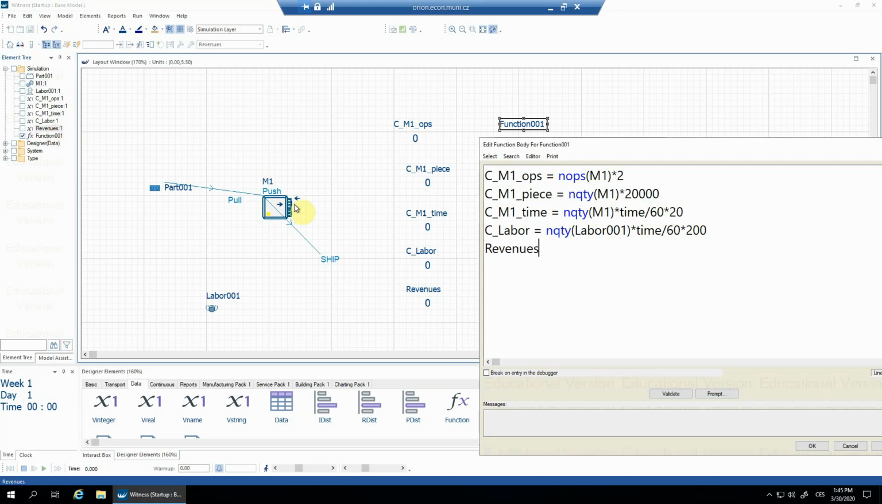Also, I should define the revenues. So let's say that I get like 300 crowns per each product produced. So I'll use this inbuilt function, and we set 300 crowns. I can click on validate,